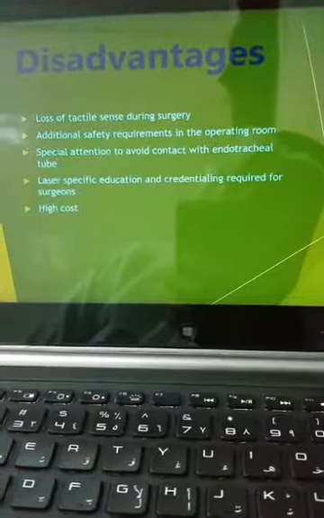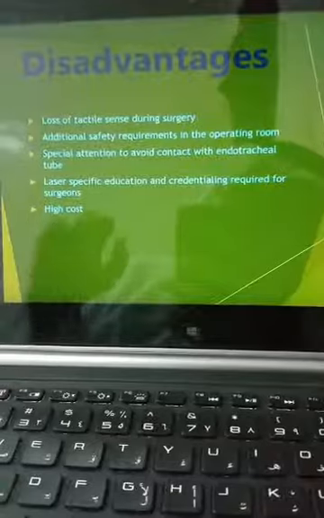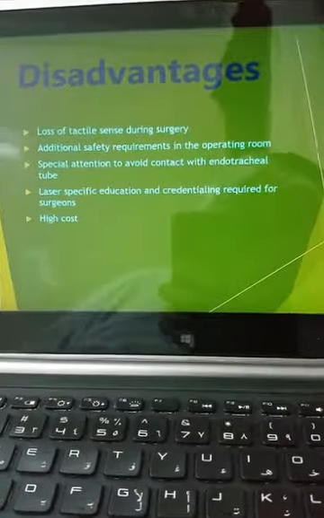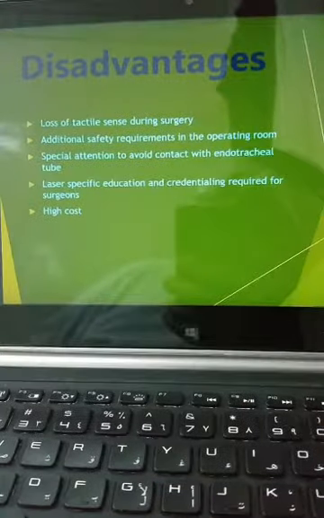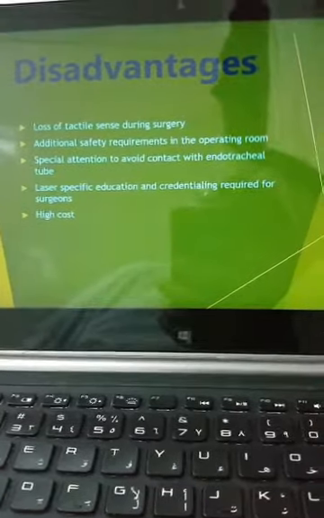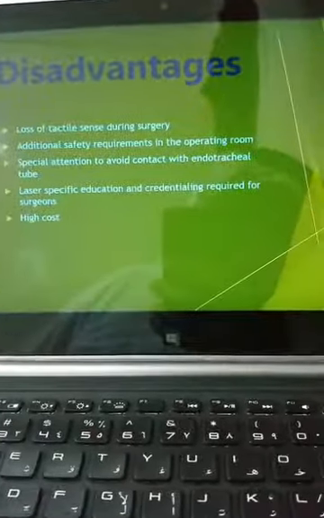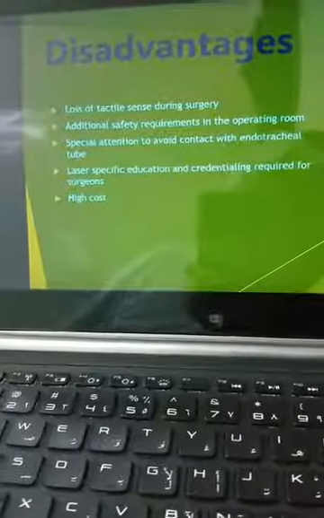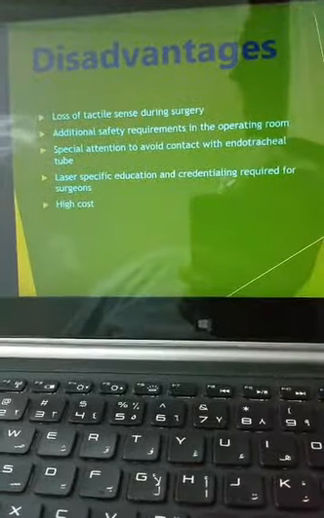The main disadvantage is cost. Second, goggles. I have to change goggles from one wavelength to another. This is actually a very bad thing to do in dentistry, and I have to wait for the goggles and get help from somebody if you are scared to put on your goggles, and